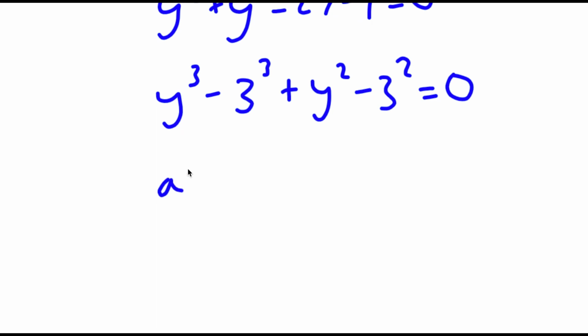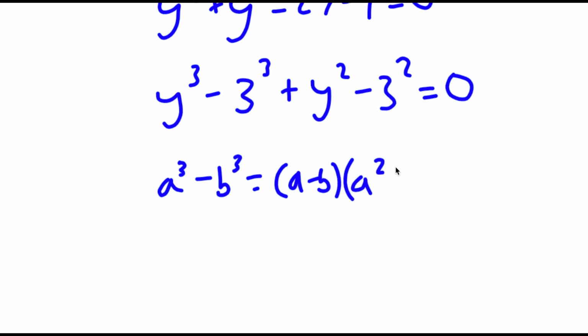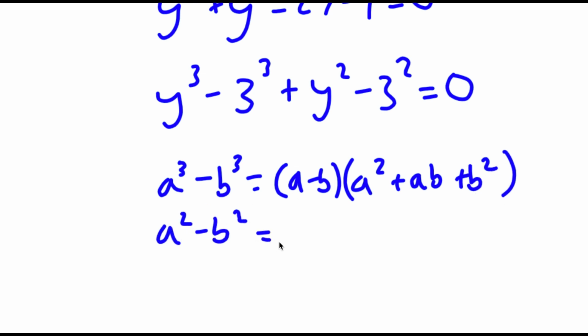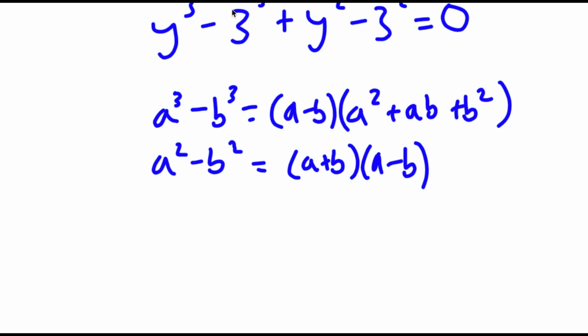So if I have something in the form a to the power of 3 minus b to the power of 3, this is equal to a minus b times a squared plus ab plus b squared. And if I have something in the form a squared minus b squared, this is equal to a plus b times a minus b. So in this case, I can rewrite y to the power of 3 minus 3 to